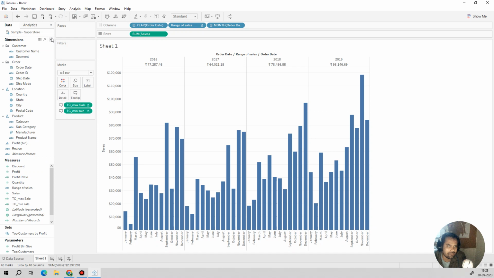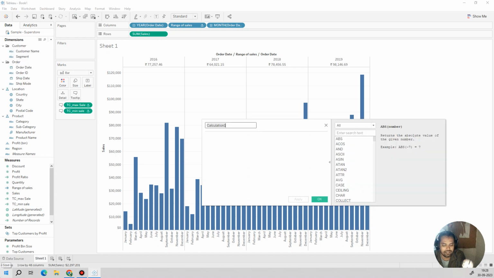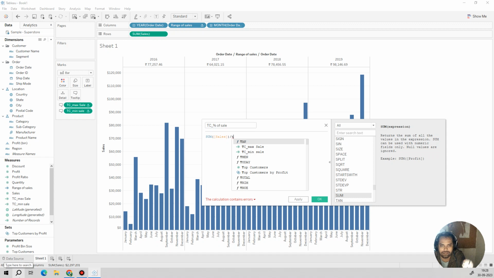So for that we will create the calculated field and call it TC underscore percent of cells. To calculate the percent of cells, we have to divide the sum of cells by the total cells. For that we will first calculate the sum of cells across the year. So TC dot sum of cells would be like